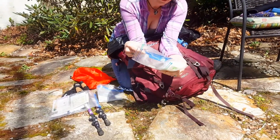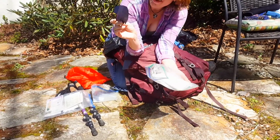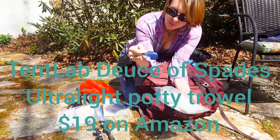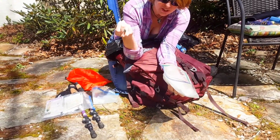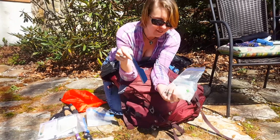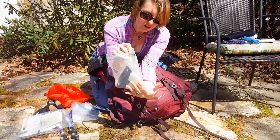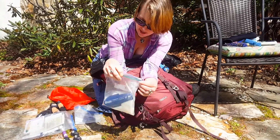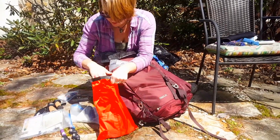Cleanliness is next to goddessliness. I have the Deuce 2 super lightweight digging trowel to dig my 6-inch cat hole to go to the bathroom in, and then cover it up. Pack out my trash, bury what I can, wash my hands, and go. Alright, then,